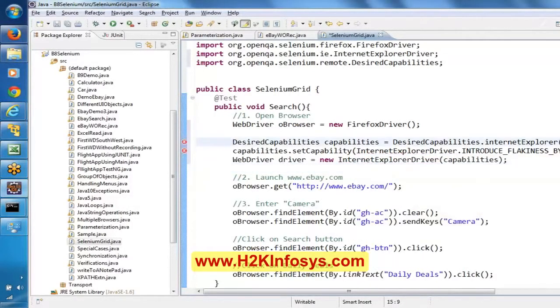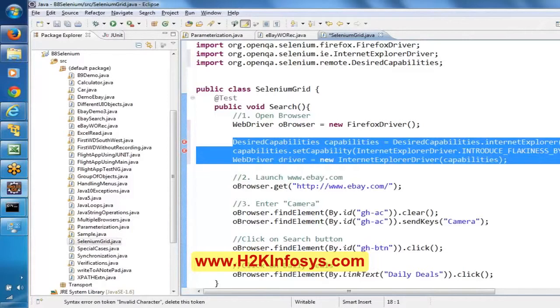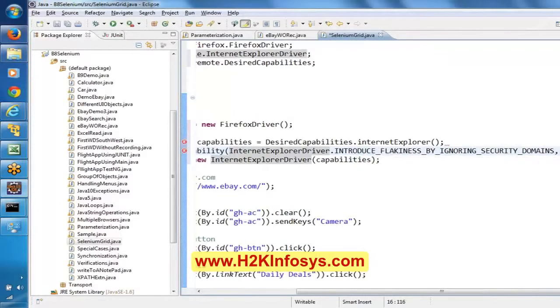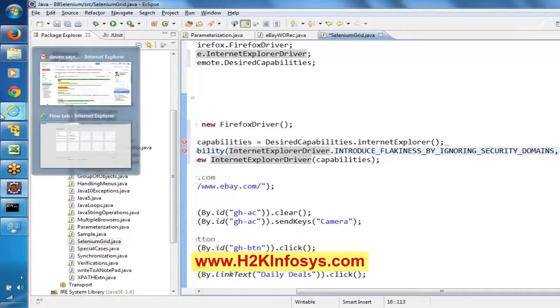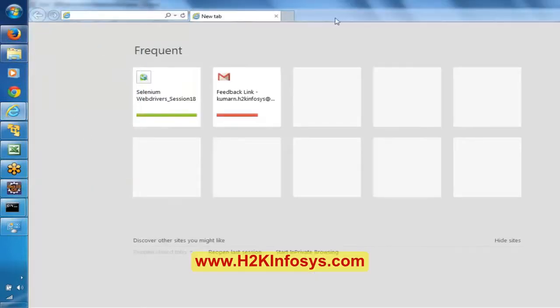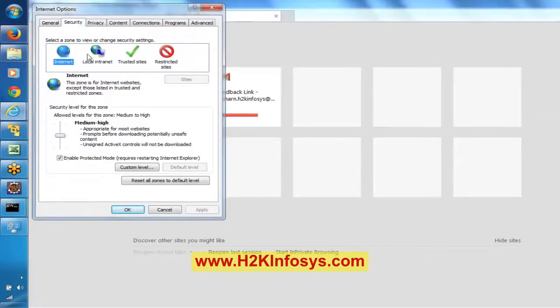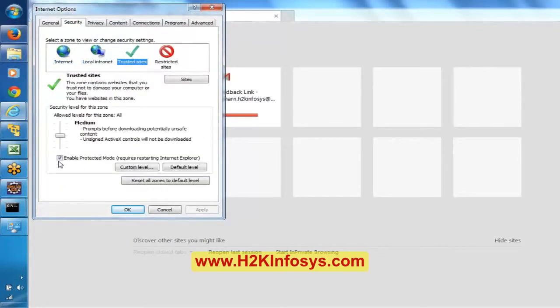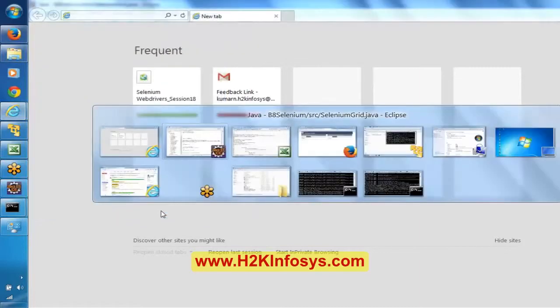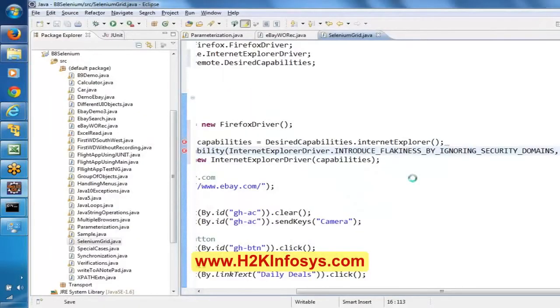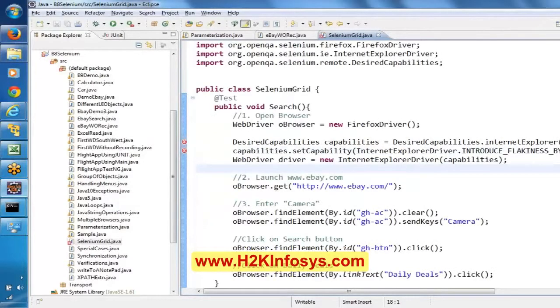Okay, so by using these three lines, you don't need to manually configure this in the Internet Explorer, this protected mode. This can be configured here. Okay, here this is a protected mode. This is going to be set. This is going to be true for all the 4 options. For these 4, this is going to be true. Okay, so that is going to be automatically configured here. However, which is not required.